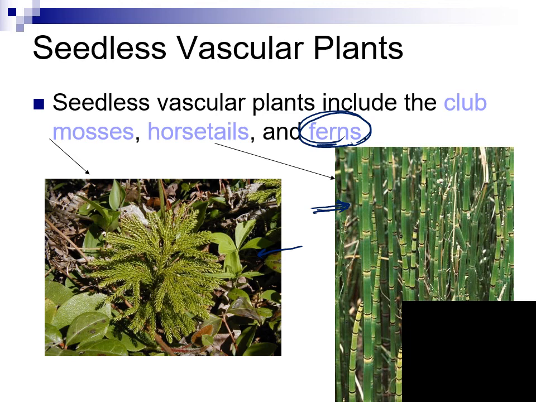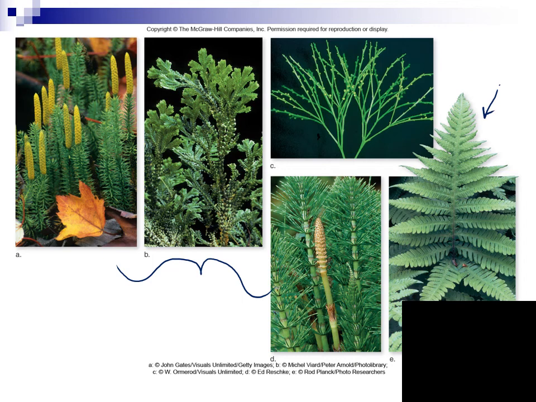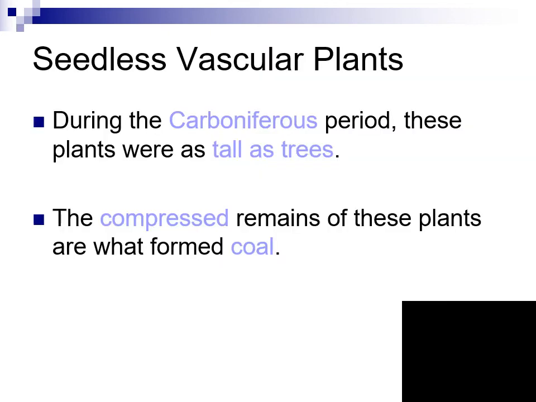They're pretty rigid. They have silica in their cell walls. In the old days, people would use them kind of as a pot scrubber because they worked, you know, to clean the bottoms of pots and things like that. And now these days, people might put them in their yard for a windbreak or something like that. So your book has pictures, and like I said, we are going to basically look at the ferns, and these other pictures here are of the club mosses and the horsetails, and we're not going to worry so much about those in terms of what you guys need to know for a test. Okay, so